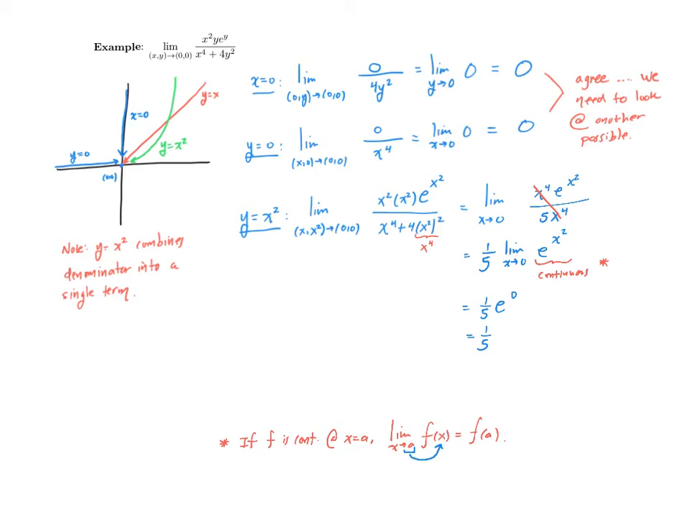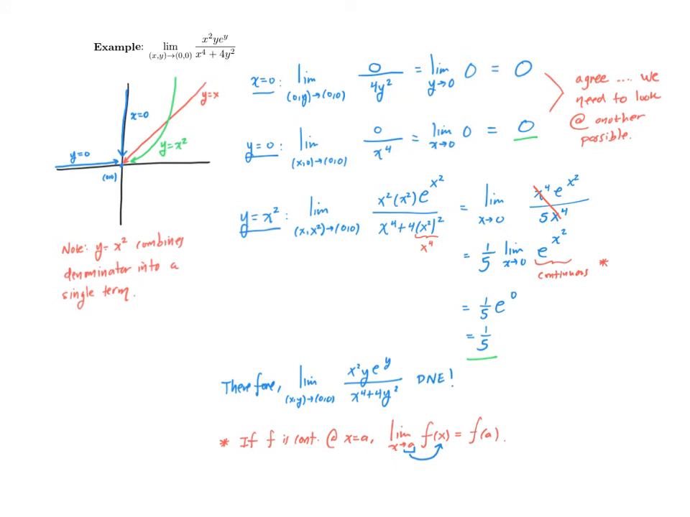And note, the limit along the path y equals x squared is 1/5. The limit along the path y equals 0 is 0, which gives us the desired conclusion. Therefore, the limit as (x,y) approaches (0,0) of x squared y e to the y all over x to the fourth plus 4y squared does not